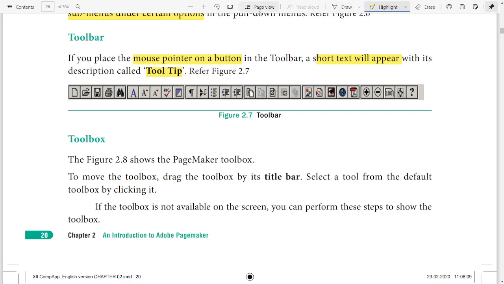For example, on keeping the mouse pointer over here, it will show print. When you keep the mouse pointer here, it will show spell check.